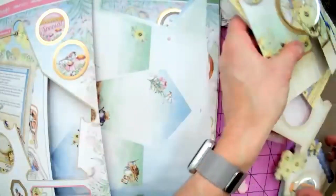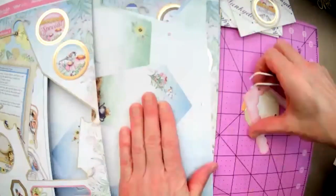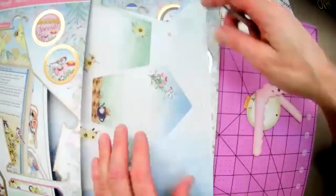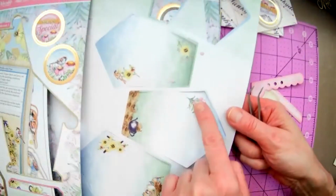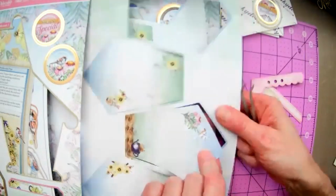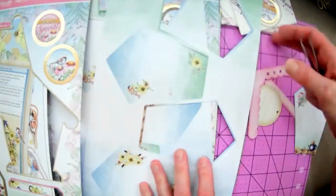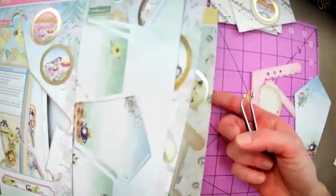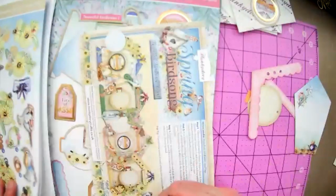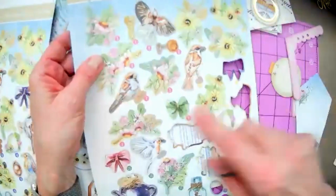I'm just going to move my cards that I have sitting here. So I have my pieces here, and then I'm going to choose one of the backgrounds. And because I'm choosing the pink, I'm going to choose the pink daisy design. And then I'm going to move everything out of the way for a minute. Oh, I need my embellishments. So maybe what you want to do as well is press out the embellishments